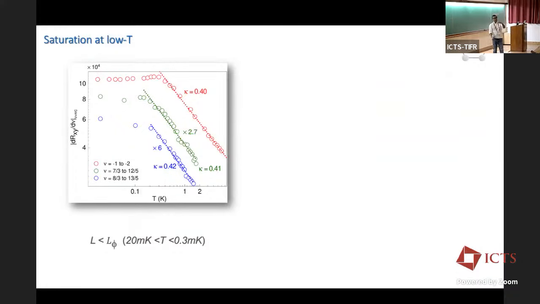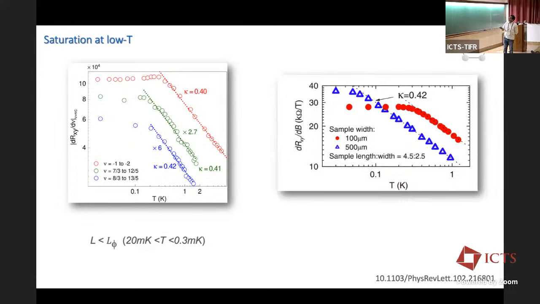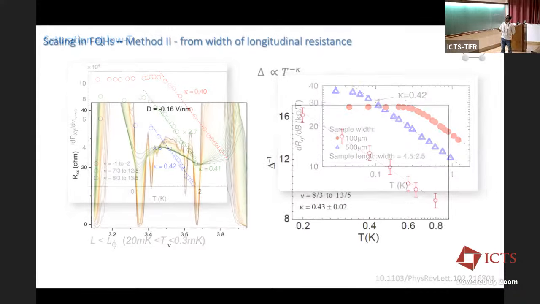Okay? So remember, I'm doing a finite size scaling, and at low temperature, I have a finite size of the sample. I always have a finite size of the sample, which is around 5 to 10 micron. At low temperature, the coherence length, the localization length, everything becomes larger than the sample size. And my sample size becomes the dominant length scale in the problem, and it cuts off all scaling. So at low temperature, the scaling does not work. Everything becomes flat. This is the sample size. So I have to do the scaling only in a very narrow range in the high temperature range. So this has of course been seen previously also in the integer quantum Hall regime.